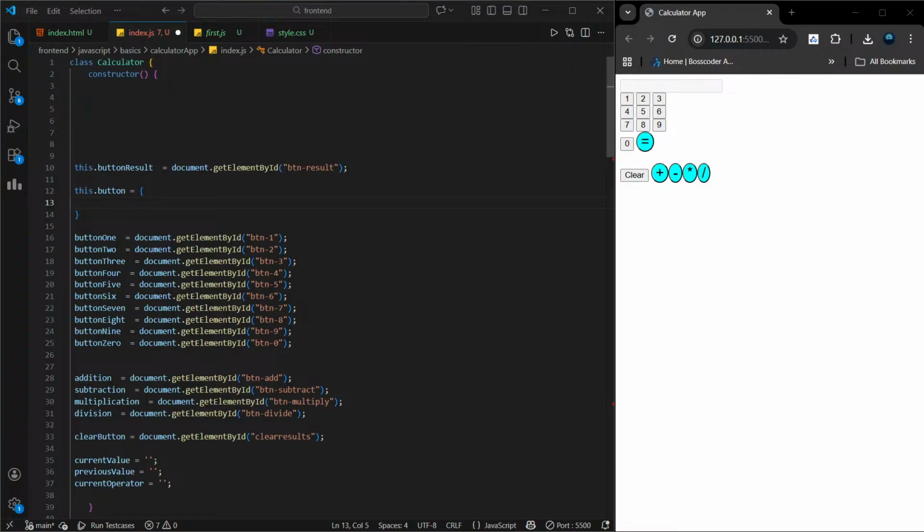सो यहाँ पे मुझे एक अच्छी चीज़ दिखी, लाइक इसको क्या बोलते हैं? मेरे पास बटन्स थे पहले, सभी के लिए मैं यहाँ पे document.getElementById कर रहा था फॉर ईच बटन, राइट, फ्रॉम 0 to 9। नाउ तुमने मुझे ये दिया कि this.button = [ ] के अंदर 0, 1, 2, 3, 4 अप टू 9। सो यहाँ पे 0 document.getElementById('btn0')।